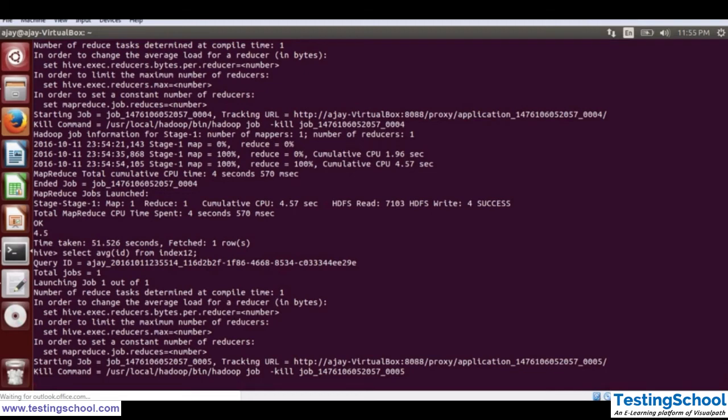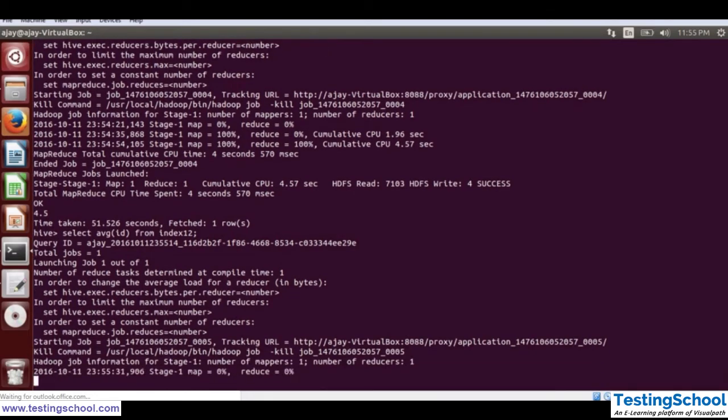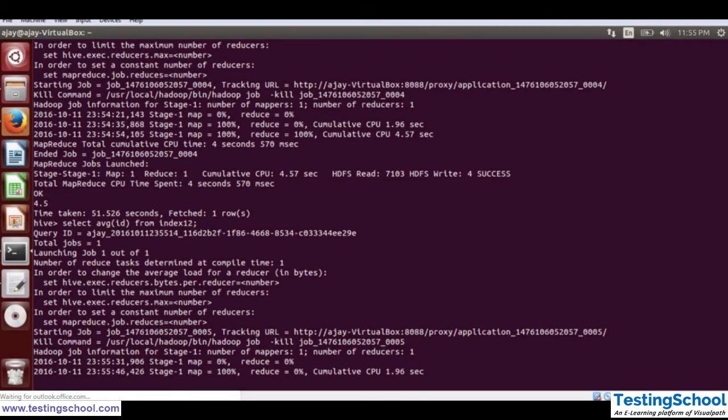It might take the same amount of time, or some less or greater than that, and after that we will create an index on one of the columns and then see how efficient it is and how much time it takes to execute the query when we have created an index on a particular column of a particular table.